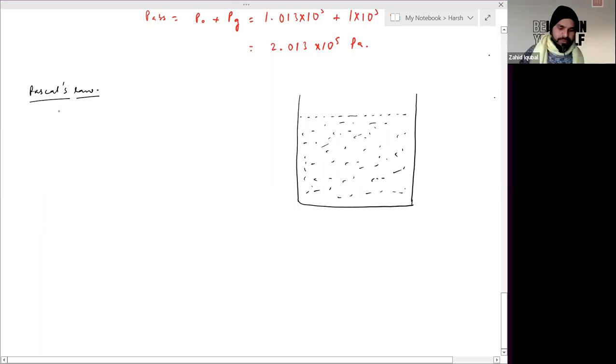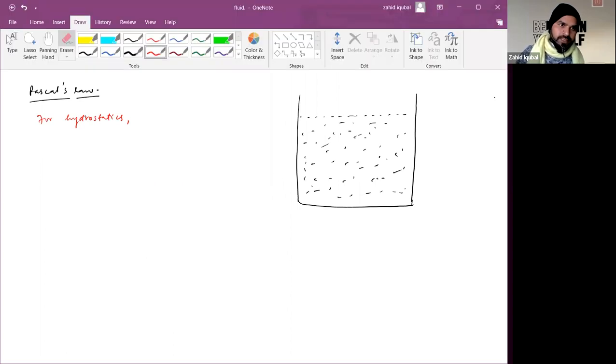So, according to Pascal's law, it states for hydrostatics, or for liquid at rest,